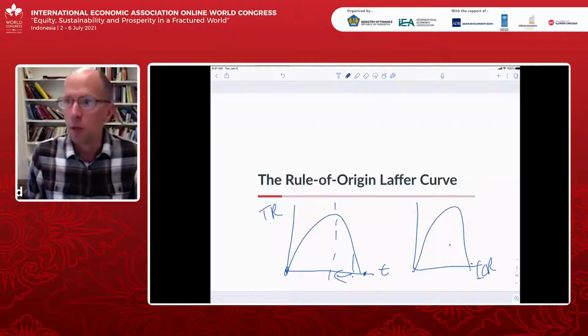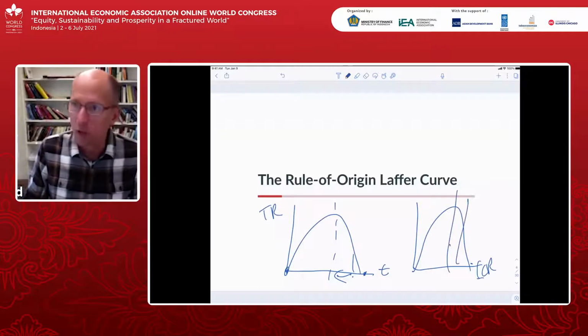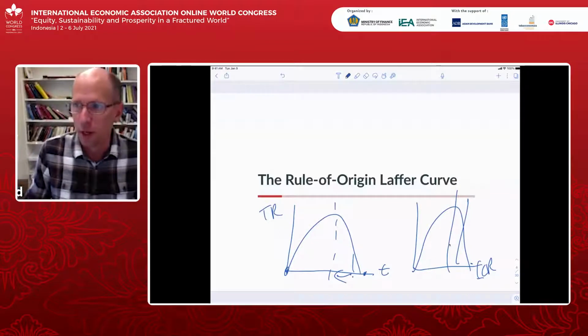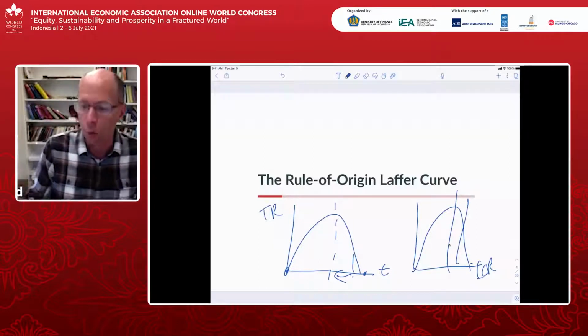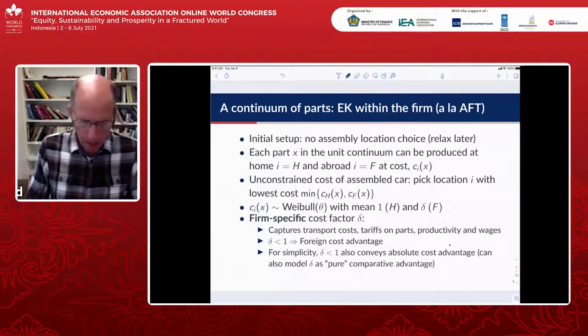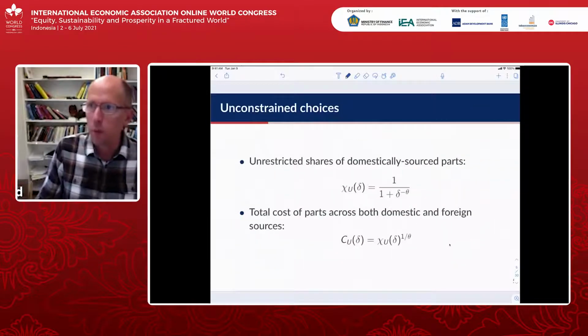And we don't know what the government's protective preferences are, right? But what we do know is the government doesn't want to have a rule of origin so stringent that it actually lowers the size of the domestic industry. And so it's that counterproductive rule that even if the government is a protectionist in its mindset, it doesn't want to overprotect. And so the way this model works, I don't have time, and it's not the right time to go through the details, but if you're familiar with the Concordum, these things will be easy to pick up. If you're not, it'll take more time than we have.